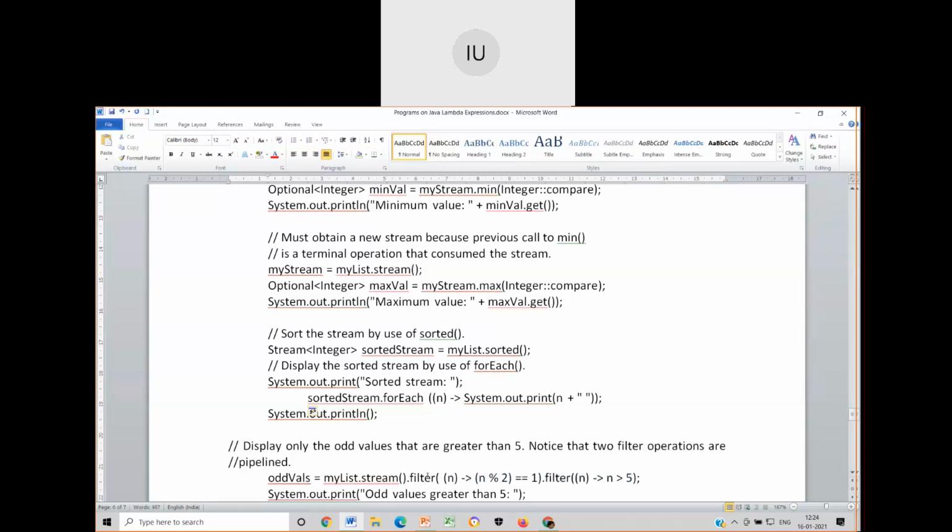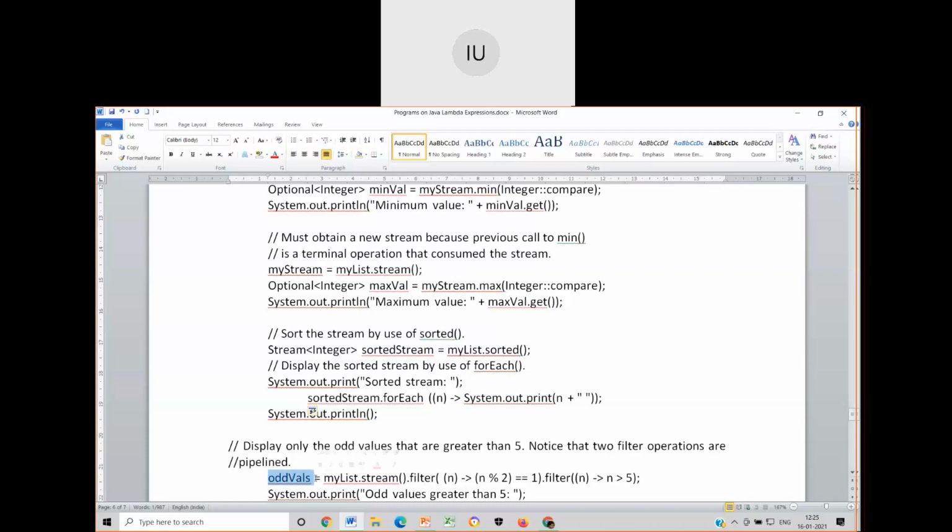So filter is a function which extracts part of the data for which the condition in the filter is followed. Okay, it is similar to question mark colon. So my list dot stream of filter, look at this, oddVals. What is this oddVals?